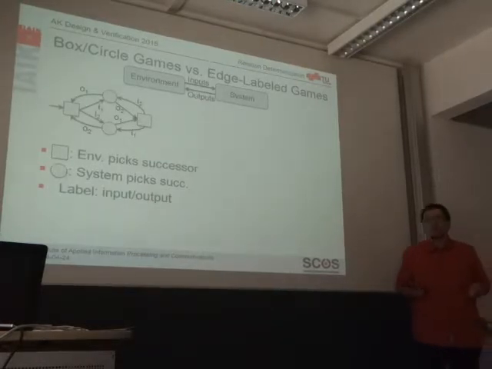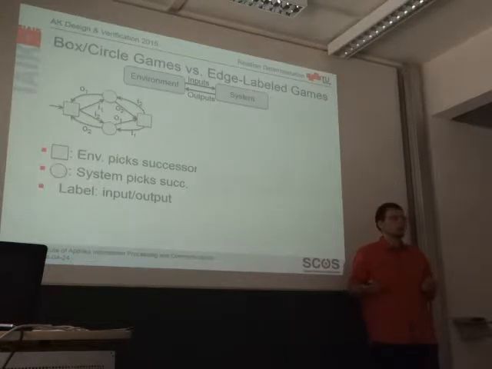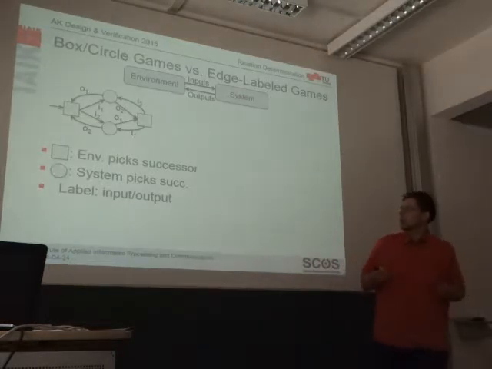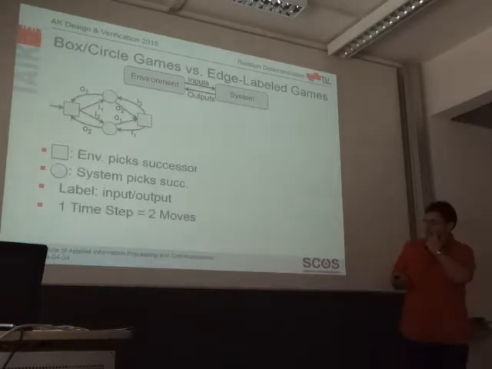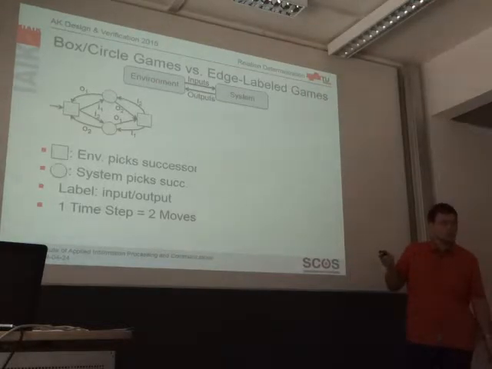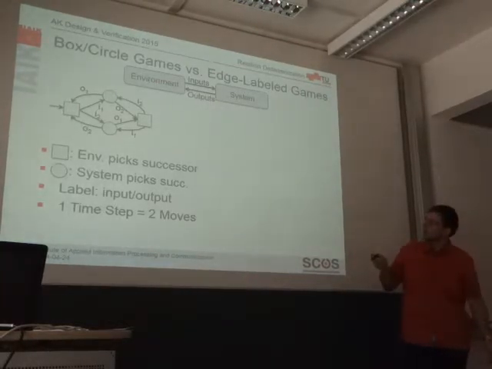All these edges in this graph are labeled either with inputs or with outputs, depending on whether they originate from a box or from a circle state. This basically means that one time step of this system interaction here corresponds to 2 moves in this game graph. We get some inputs, meaning that we move from some box state with an input to some circle state, and then the system decides on an output and moves with this output from the circle state back to another box